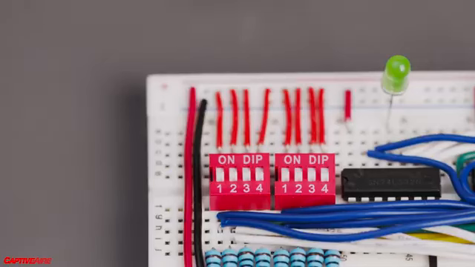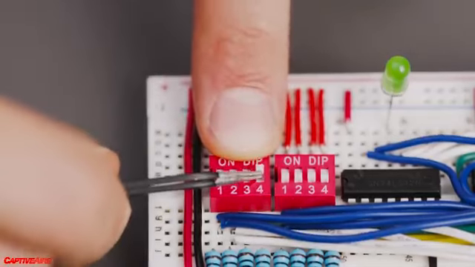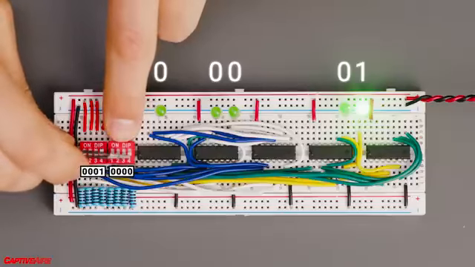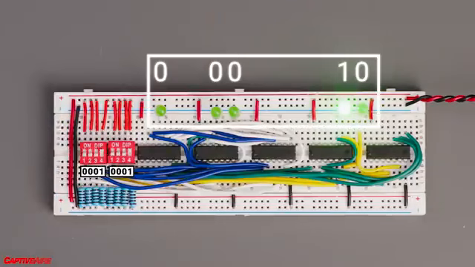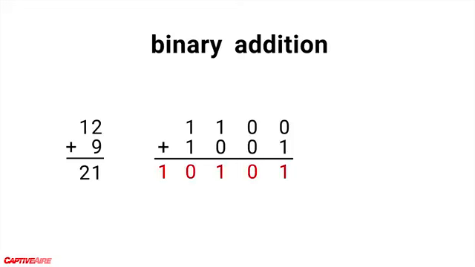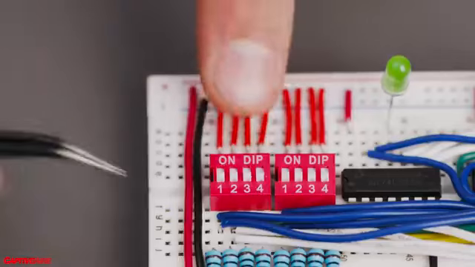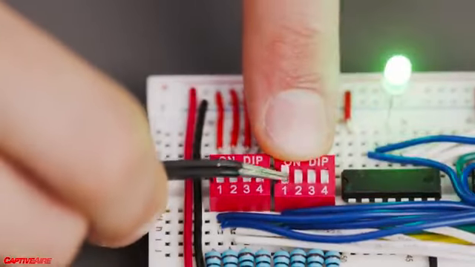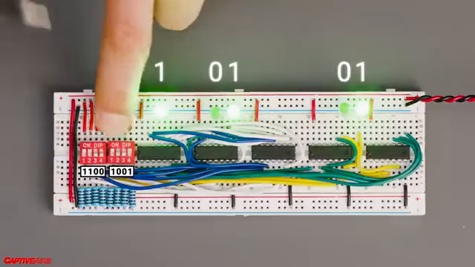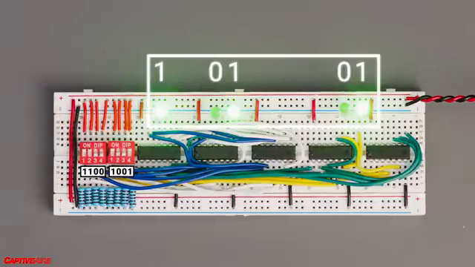I'm using these dip switches to input our 2 separate 4-bit numbers into this adder. So here I have 1 plus 1 equals 2. Then 3 plus 3, which equals 6. Or like in our example, I can input 12 plus 9. 12 is again 1100, so I set the switches that way. Then 9 is 1001. And after I get that input, we can see that the result is 10101, which is